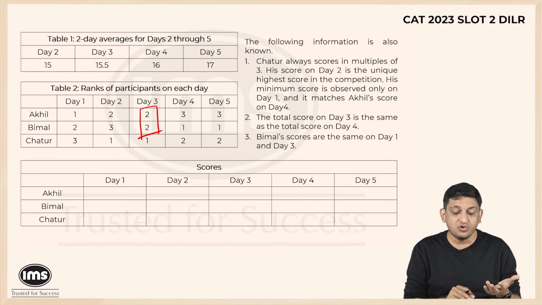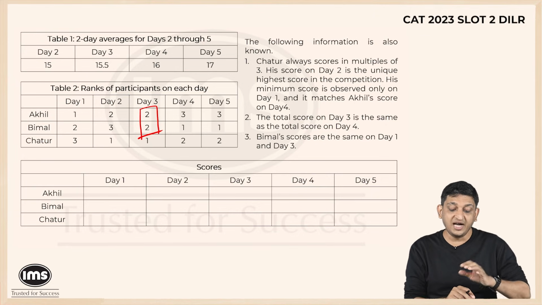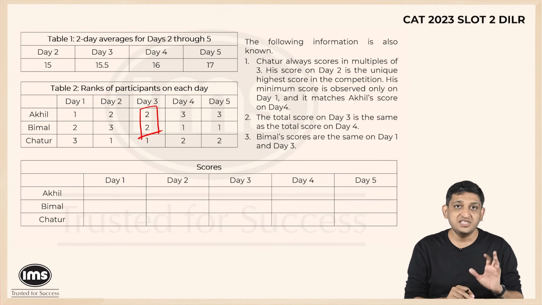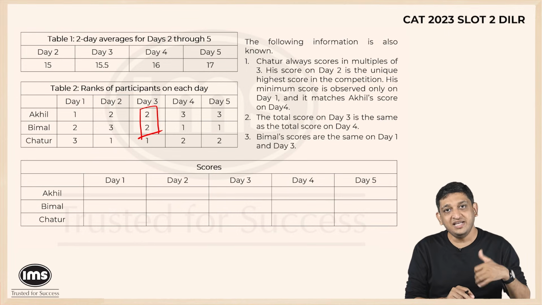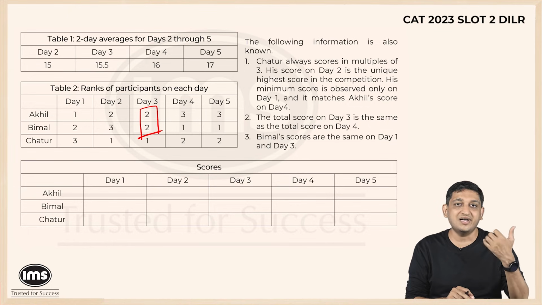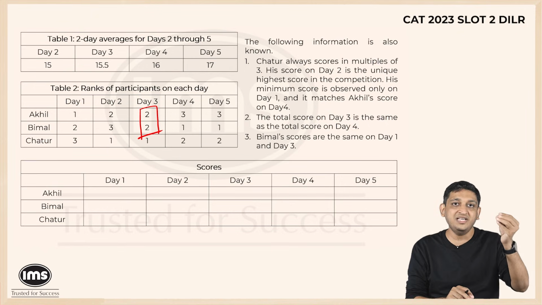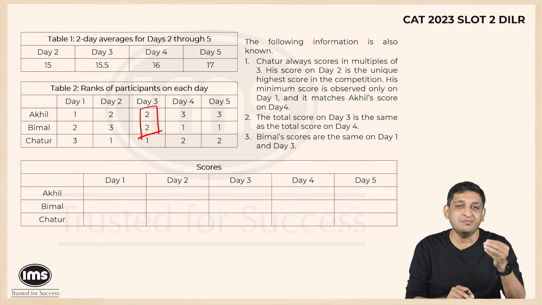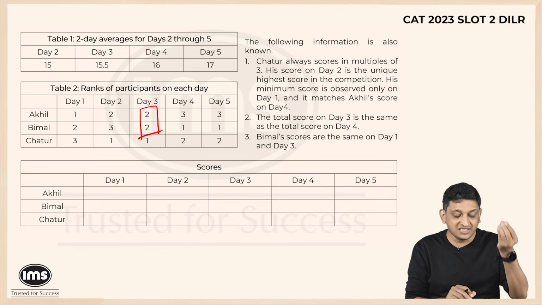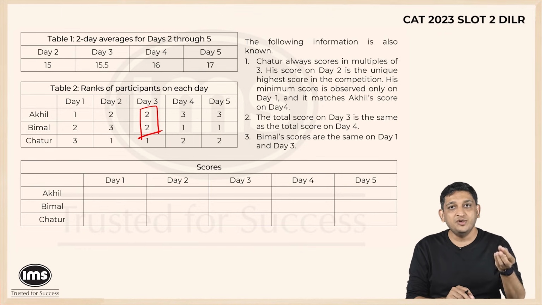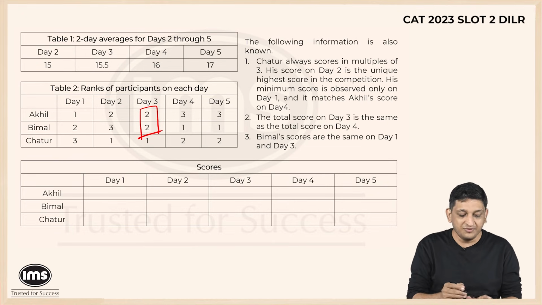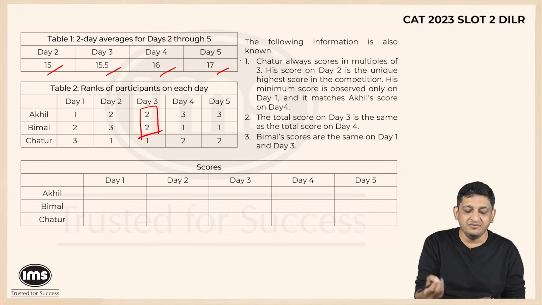So the maximum score that is there can either be 6 or 9. Now let's say, for example, Chatur's maximum score is 6 on a particular day. If Chatur's maximum score is 6 and that is the unique highest score in the competition, and nobody else has scored a 6, it means that somebody would have scored a 5. So on the days when Chatur is not ranked first, someone else can at max have picked up the number 5. Now if someone picks at max number 5 and we have ranks 2 and 3, 5 plus 4 plus 3 again leads us to 12. But if you look at the numbers here, every day we believe that we will be more than 50.